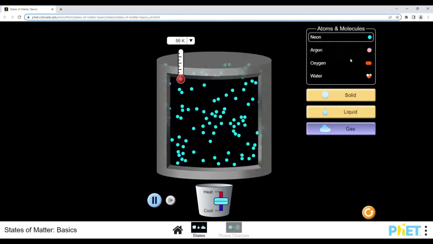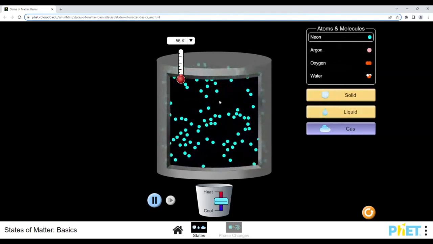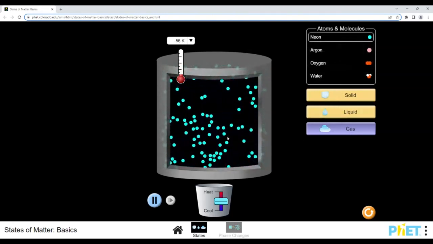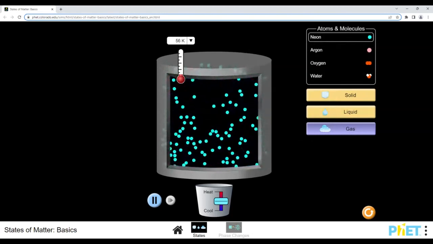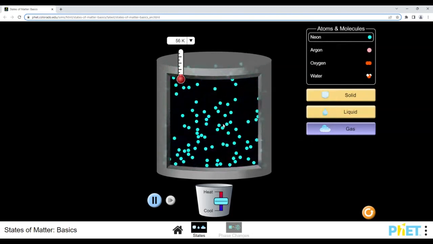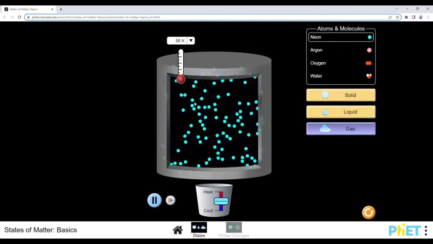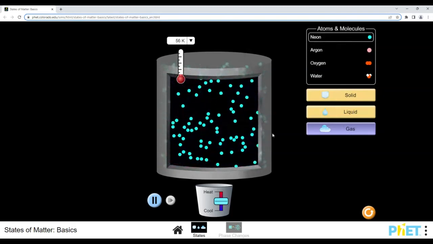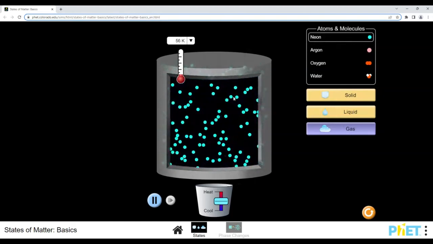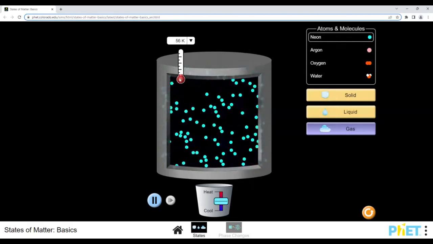atom or molecule, these are going to bounce around randomly. Basically, we want to think of these different molecules or atoms as having enough energy that they can escape into the atmosphere, bounce around anywhere they want to go. If we lower that energy by lowering the temperature,